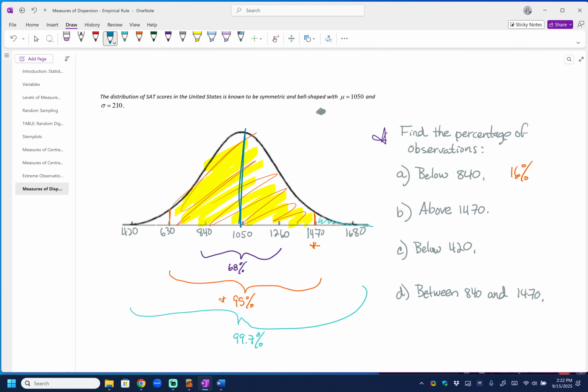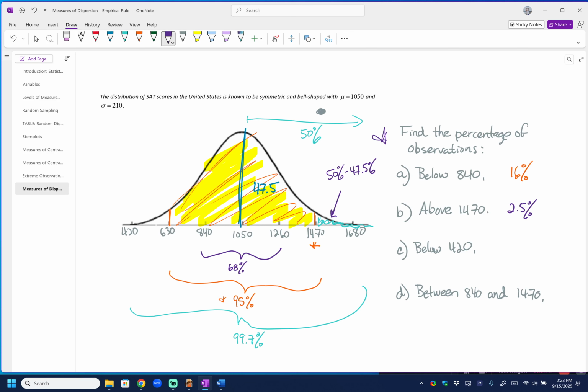So if we take 95 divided by 2, we're going to get 47.5, which means this right here is 47.5. All that's left over on this side of the curve happens to be this little aqua color region that we have here, and we already know that all of this way is 50%, which means in order to find the area that we want, which is right here, we just have to take 50% minus 47.5%, which looks like it's going to give us 2.5% as the area above. So only 2.5% of the people that take the SAT score above